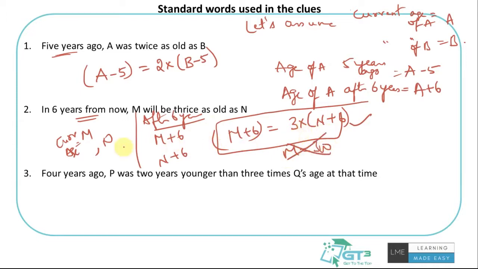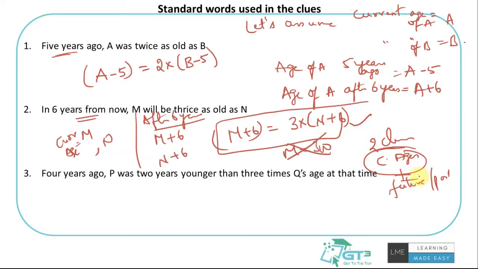If I define M and N as my current ages, or if I define the ages after 6 years as M and N, then yes, M equals 3N. But most of the problems would give you two clues. One would refer to the current time, some clue on current ages. The other would be the future or the past. So that's why it's important to add or subtract accordingly. Take the current ages as those variables and then use plus or minus for the future or the past,